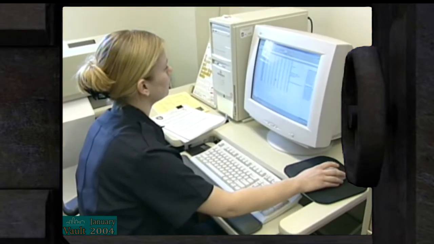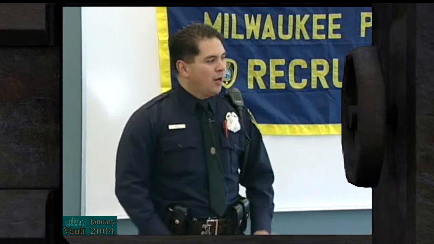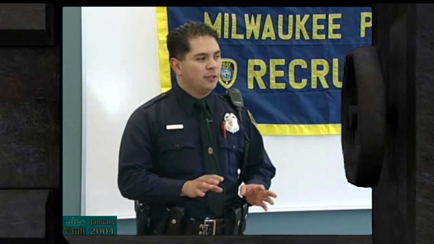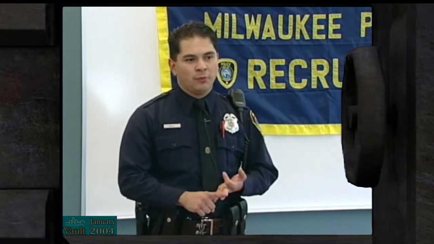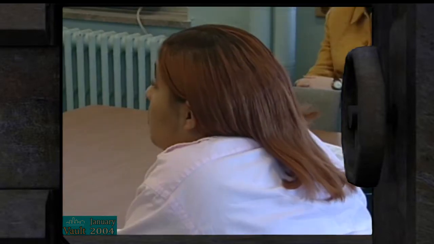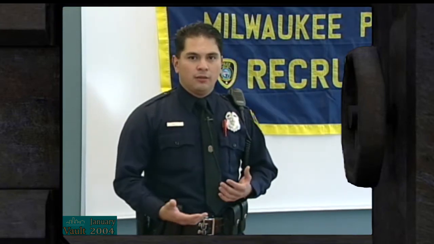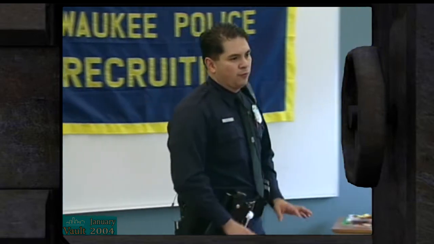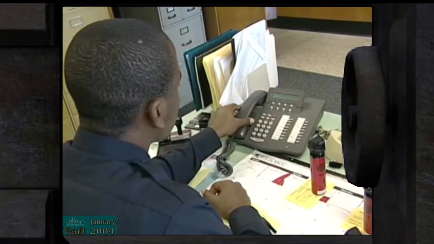Training includes work assignments which rotate throughout the department. As a police aide, you'll be assigned to many different departments, everything from the Office of the Chief, Personnel, Payroll, the Training Bureau, Criminal Investigation Bureau, Special Operations Bureau. You're going to be working in different office environments, doing a lot of clerical support for us, but at the same time learning what police officers actually do.